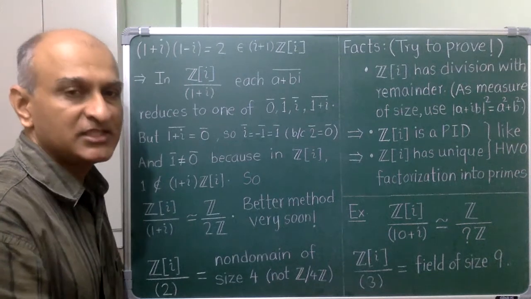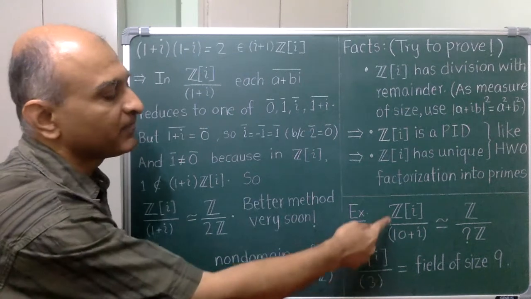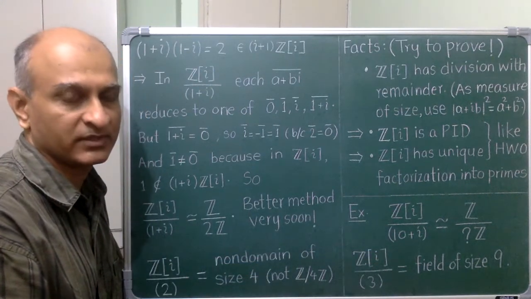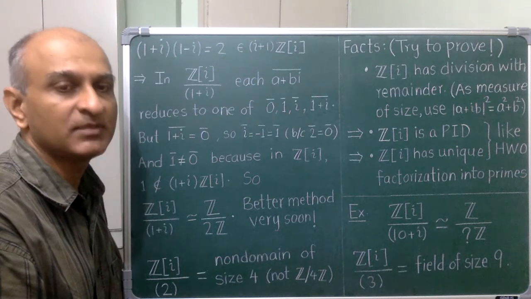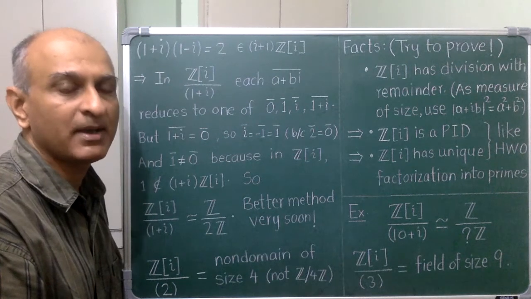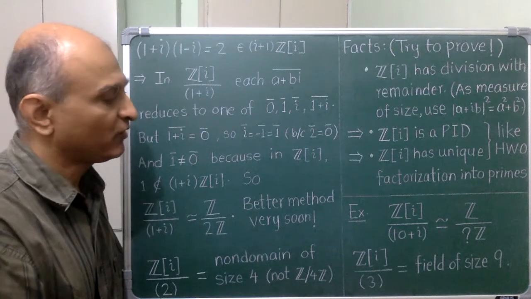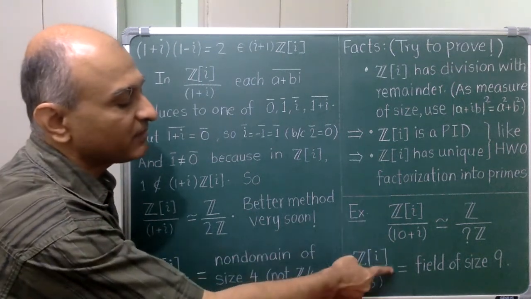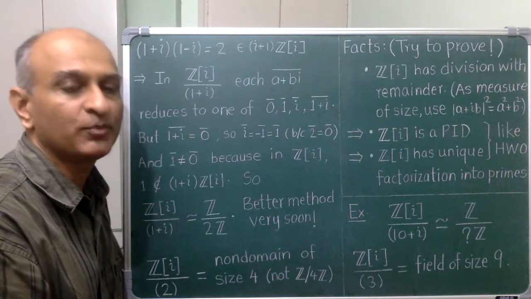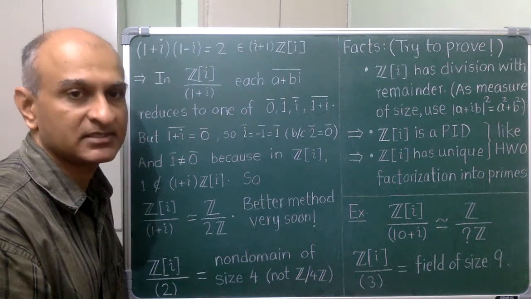Alright, this was fun and games, but when we go to more complicated examples, like here, then this ad hoc method becomes more awkward. So we would like to have something more conceptual. And we will have such a method very soon by combining the isomorphism theorem and the correspondence theorem. For now, I have given you some information about these examples, and it will be very beneficial for you to prove this on your own. So take it as an exercise and try to do it seriously.